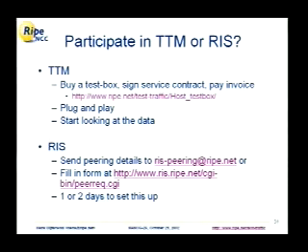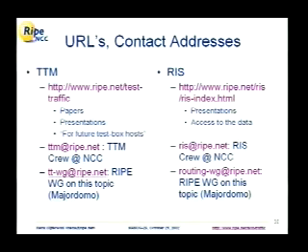If you're at one of the 9 IXs I mentioned earlier, just send us your peering details, either by mail or by filling in a form. And 1 or 2 days later, we'll have the peering set up and your data will appear. And then, for more information, here are the URLs and the contact addresses. And that's all I wanted to say this afternoon.